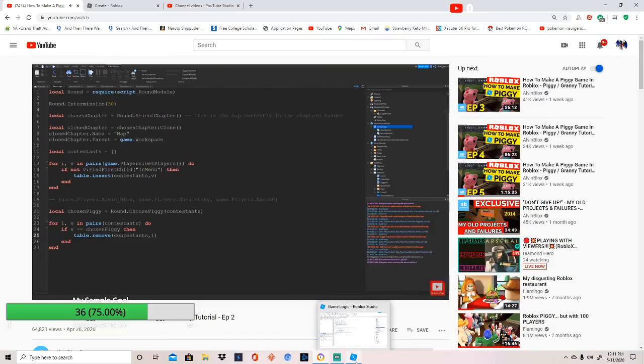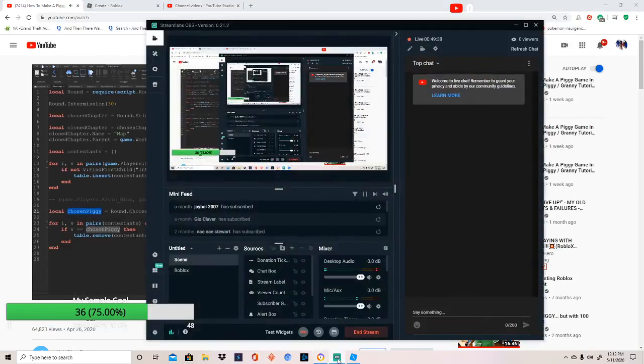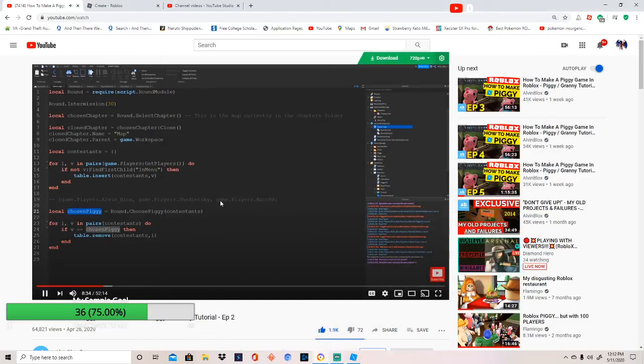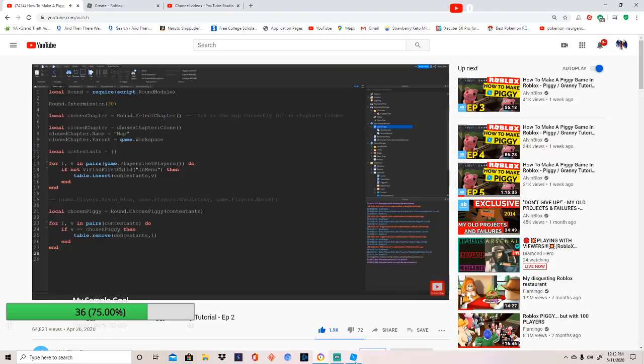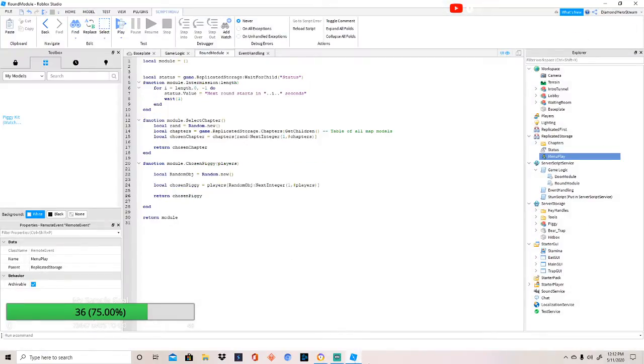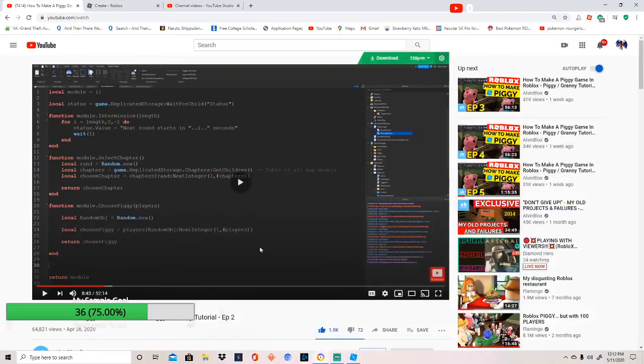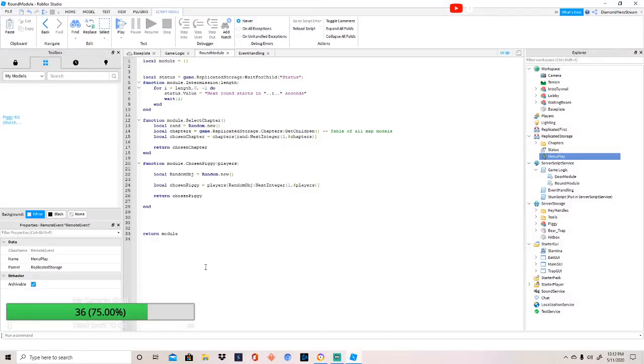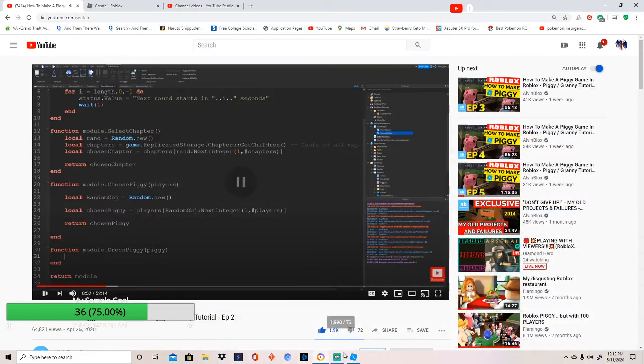So we've looped through all of the contestants, checked to see if they're the piggy, and if we have found the piggy in the contestants table, we're removing them because we only want the contestants that aren't the piggy to be in that table, because we've now got our own reference to the piggy in this chosen piggy variable. Okay, next we're going to dress up the piggy to put them in their nice piggy outfit. So we're going to create another function in the round module. It's going to be very, very simple. So I'm calling it module.dressPiggy, and I'm then passing through the chosen piggy because we need their player object so that we can